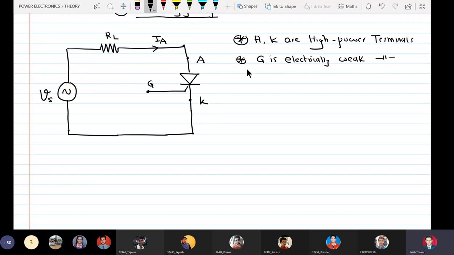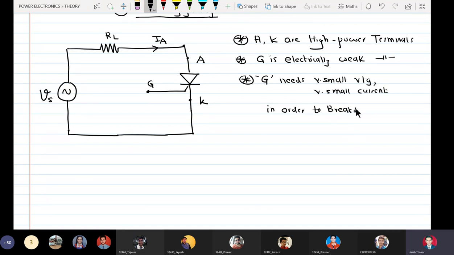Okay, now another thing about gate is that gate needs a very small voltage and very small current in order to break down the junction J2.